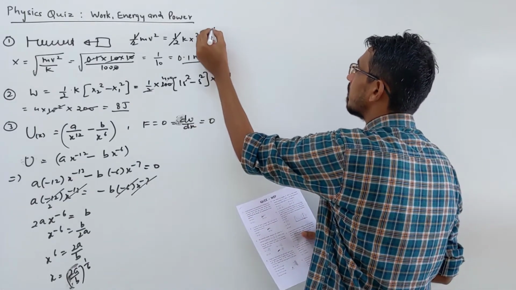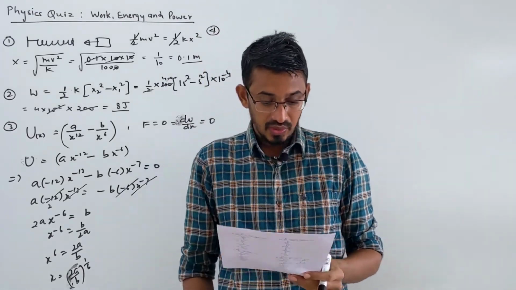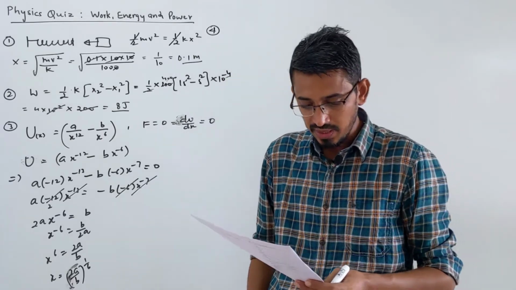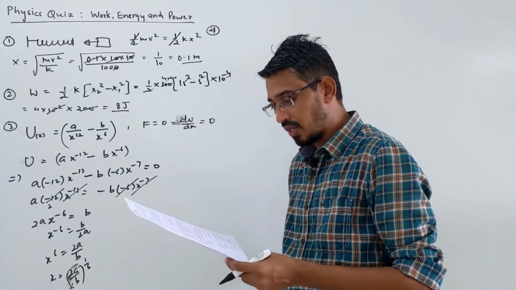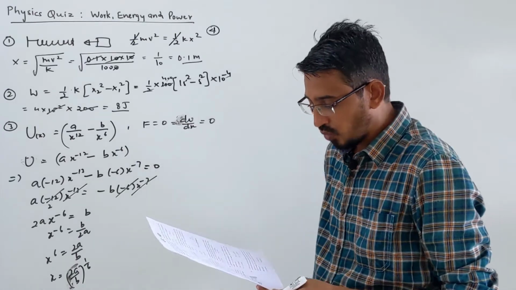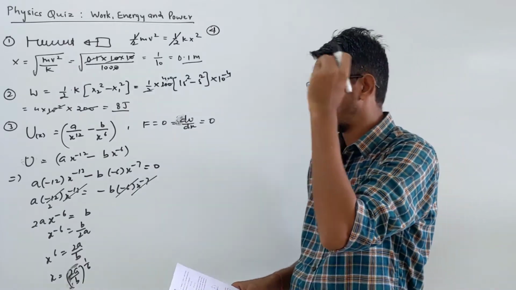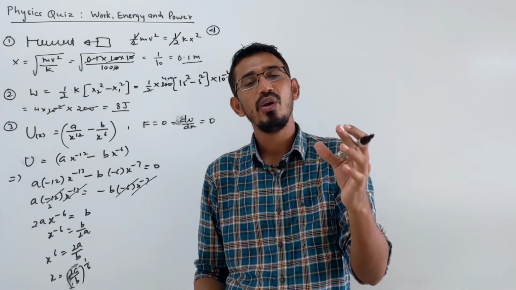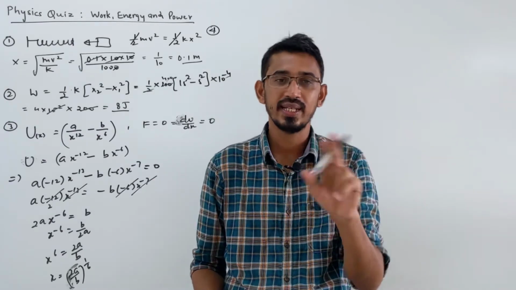Let's see the next problem, problem number 4. This problem is actually from Newton's laws, but it is given here. It's okay, we have already done that topic. A mass of 100 grams strikes a wall with a speed of 5 meter per second at the angle shown in the figure and rebounds with the same speed. If the contact time is 2 into 10 power minus 3 second, what is the force applied on the mass by the wall? Yes, so when the ball is hitting there, a change in momentum happens, so they are applying a force. The force applied by the ball on the wall or by the wall on the ball will be exactly equal and opposite, right?